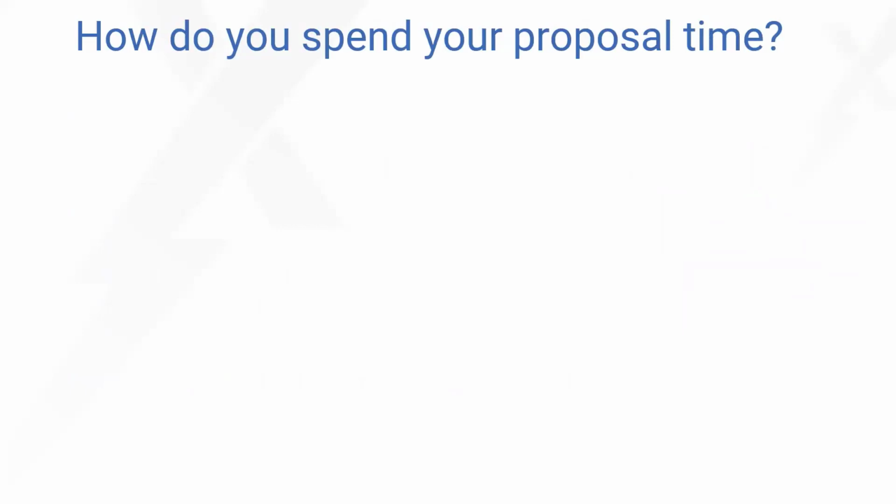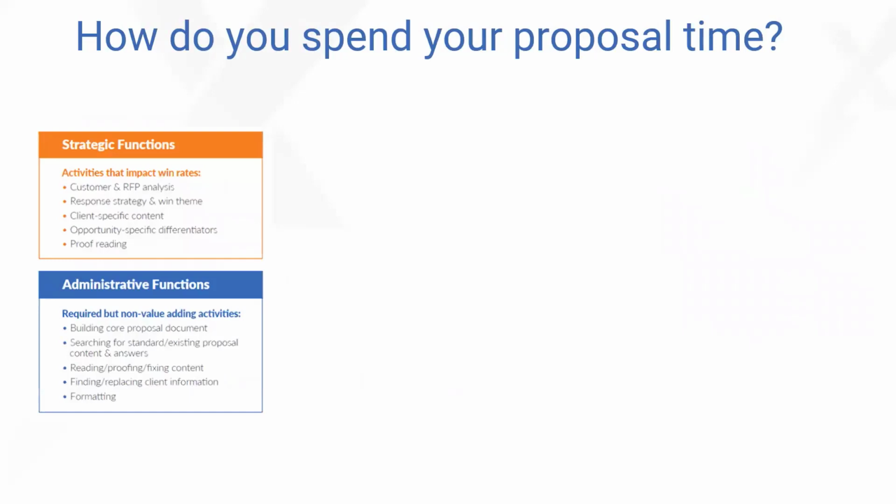So I like to share this concept with folks, the idea that with any proposal, there are administrative activities that we do when we're creating a proposal. Those are the core blocking and tackling, if you will, of making the core response document, branding that document consistently with our corporate branding guidelines, and then building some sort of an outline for our response, and then searching through old documents and copying and pasting. All of those core, what I would call administrative functions, are essential, but they're not super value adding. These aren't the things that are going to help us win the business, so to speak.